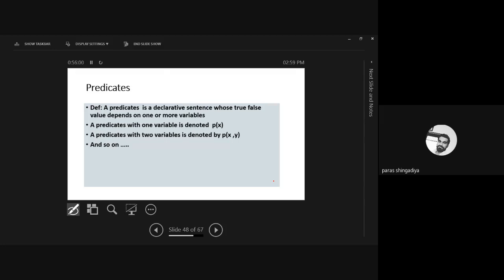Okay, so the next topic of this theory is predicate. The second part of this unit is predicate. What is the meaning of predicate? It is similar to a function. What is the meaning of a function? If we write f(x) equal to x square minus 1 equal to 0, I consider one equation, x square minus 1 is equal to 0, and it involves a single variable, so I can call it f(x). This is one function. So what is the solution of this function? Plus or minus 1.